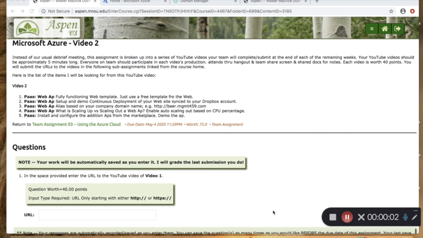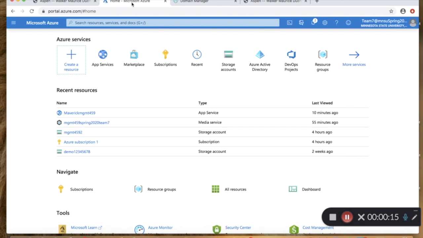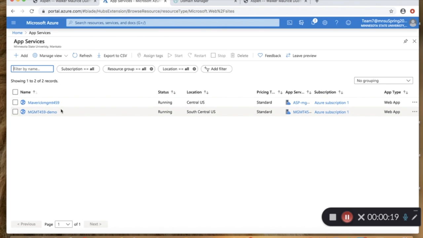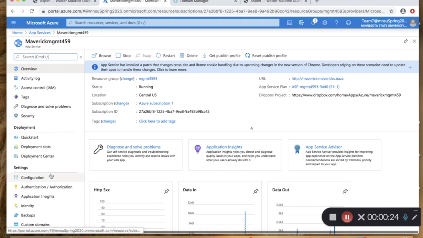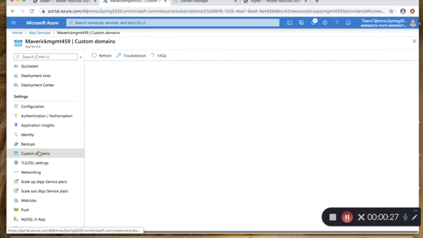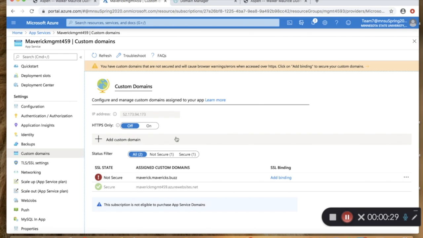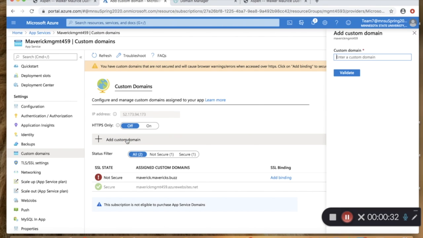Hey there, John. I got number 3 here. That is a live site based on your company domain name. So to start that one off, I'm gonna go to Azure, go to App Services, go up to ours that we have made. Let's create a custom domain. Go to custom domains there. Click add custom domain. Then enter the custom domain I want. So I'll do